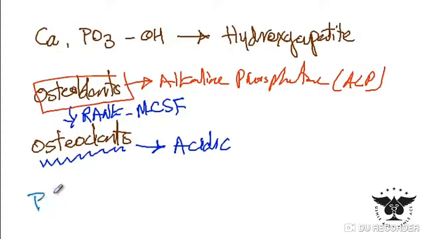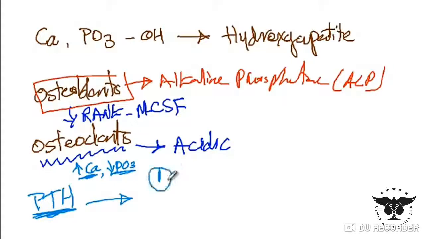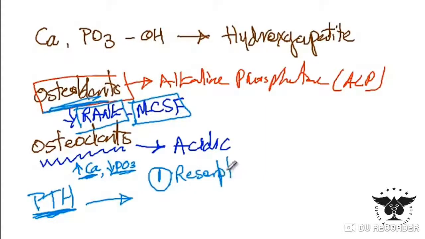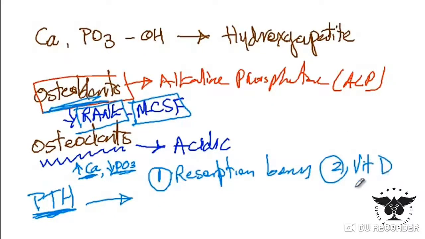Now, one hormone that you have to be familiar with is parathyroid hormone, which will overall increase the calcium concentration of the serum and decrease the phosphate concentration of the serum. Parathyroid hormone regulates the calcium concentration via different mechanisms. One, it stimulates the osteoblasts to secrete RANK-L as well as macrophage colony stimulating factor to form more osteoclasts, and so there would be more resorption of bones. In addition, parathyroid hormone induces the activation of vitamin D, and